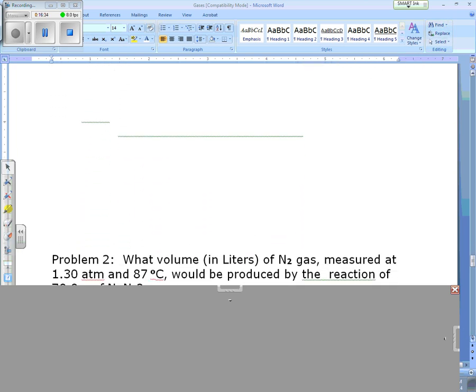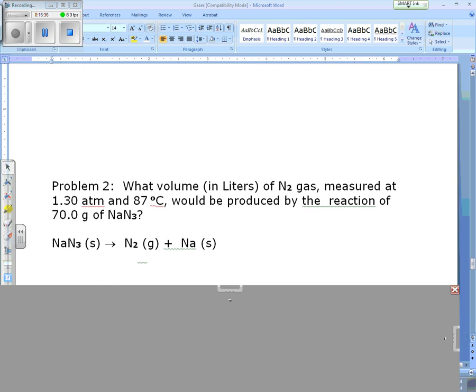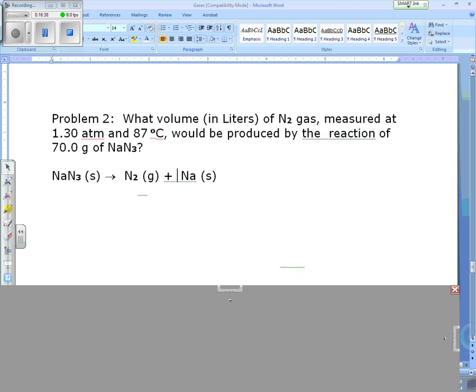Let's go to this next type. Here it is. Okay, this type of problem is not an STP. What is the number one thing you are going to do? Balance. All right, let's see. I've got 3 and 2 for my nitrogen, so I'll put a 3 here, a 2 here, and a 2